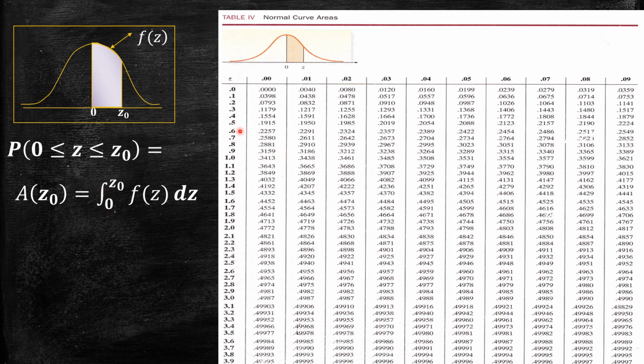This table provides areas under the curve for different positive values of z between 0 and 3.99 with a step size of 0.01. If it exceeds 3.99, then from there onwards the area is 0.5, the total area being 0.5.